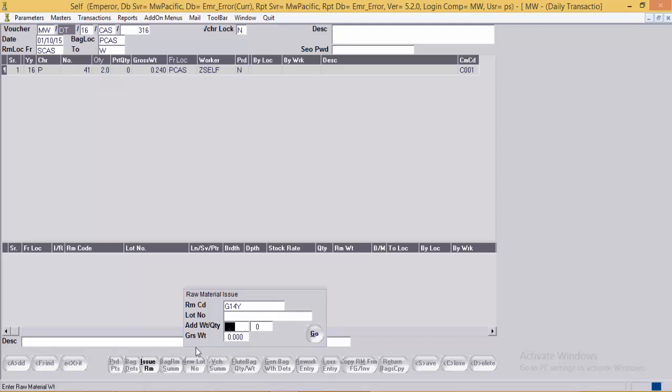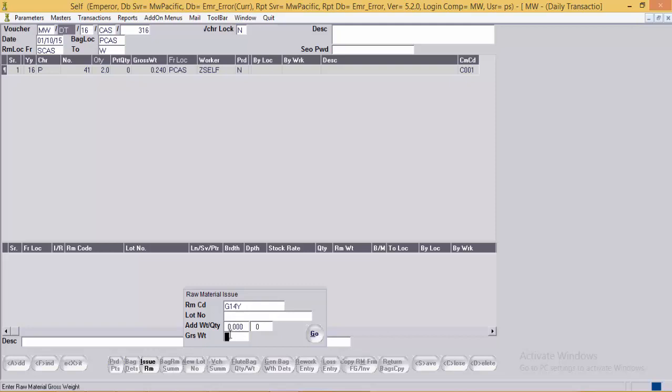Now for example, a waxed piece is now casted and user need to issue the gold into the bag in the casting department. The user need to mention the gold weight which has been issued in the bag. But as the design is waxed and the diamond is already setted on the piece, user would not know the gold weight in the design. So in this case, the user can mention the gross weight of the design. So the system will deduct the diamond weight in the bag and will get the net gold weight which will be issued in the bag.